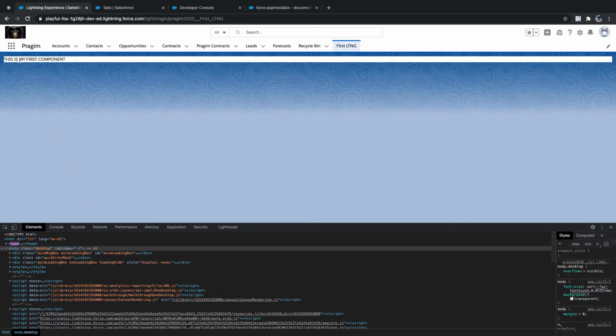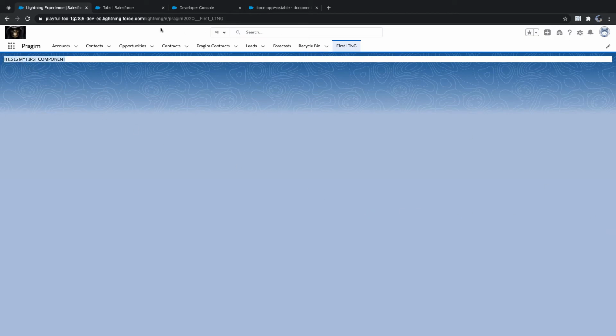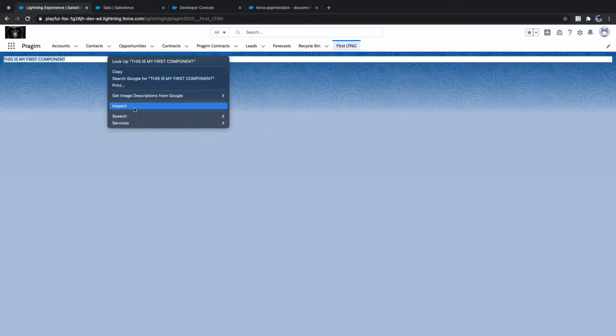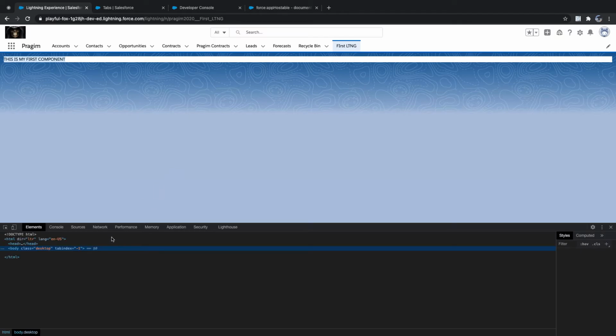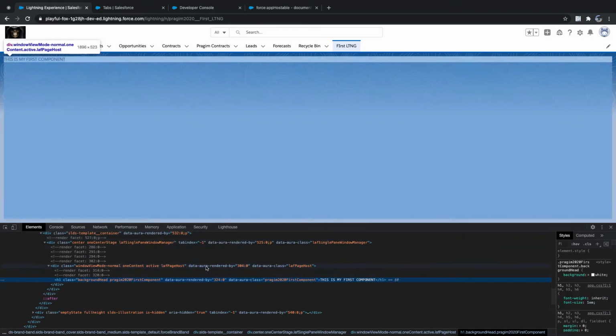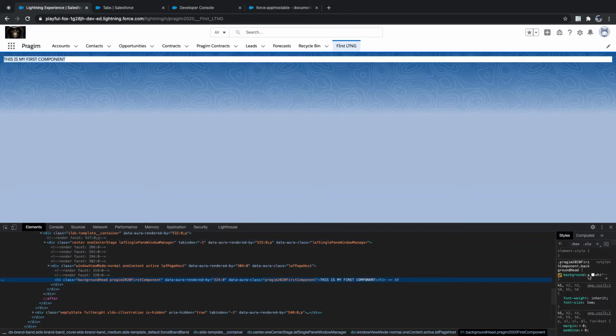Now we got the dot THIS my first component. Is this looking good or is this not looking good? And you need to keep a definite size and height, right? Let me go to inspect. What we need to do, we need to set a size and all this stuff, isn't it?